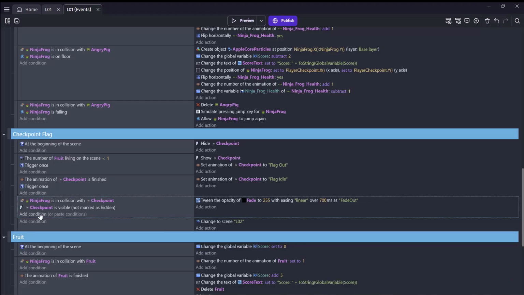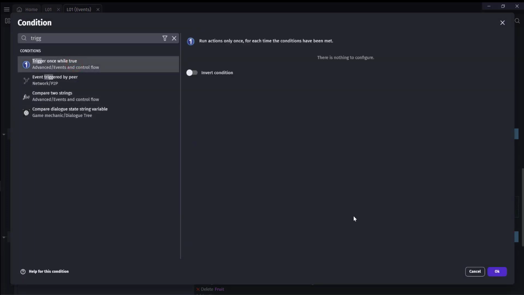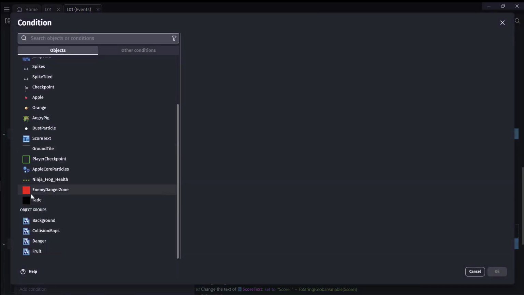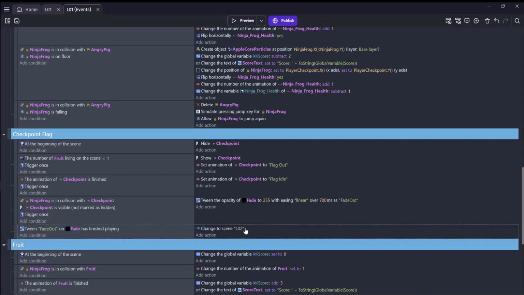I also want a trigger once here. And down here for the condition, we want to go to our fade object. When the tween has finished playing, and the tween in this case is fade out, click OK on that. Then we're going to change the scene to